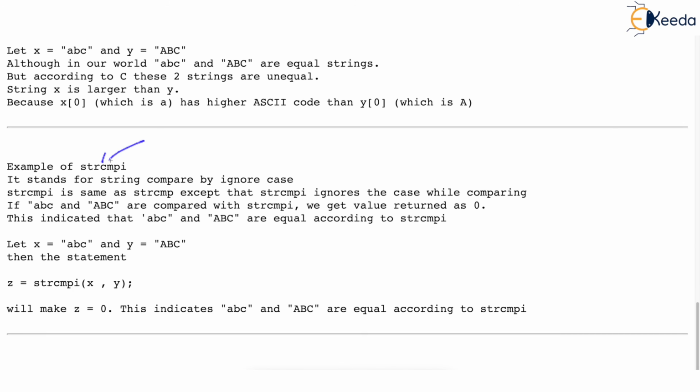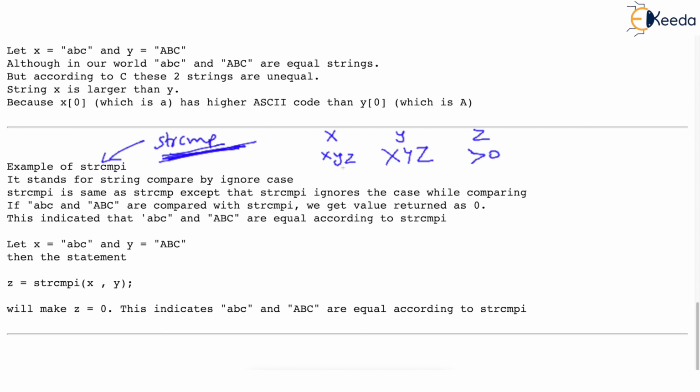Now watch, strcmpi is exactly same as strcmp, exactly same. It also compares two strings, but you remember when we were given two strings like this, xyz and capital XYZ, that is one string was small, other string was large, then strcmp function actually discriminated between this and said Z will be positive.